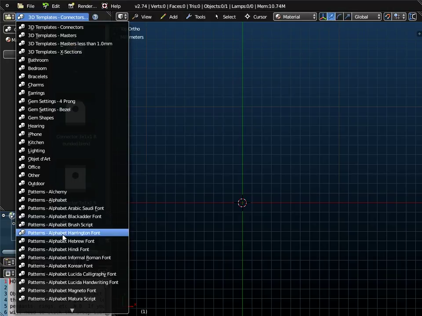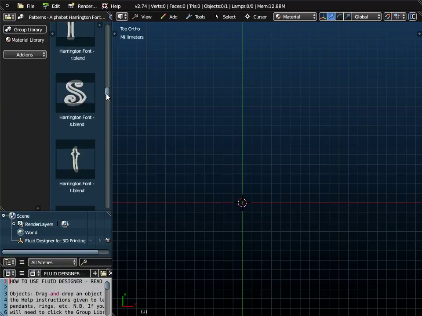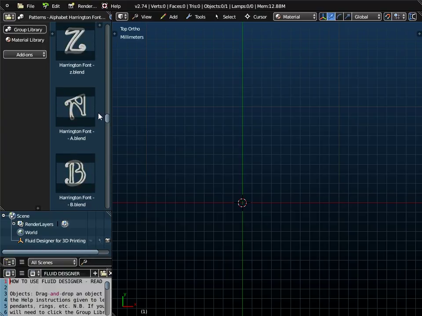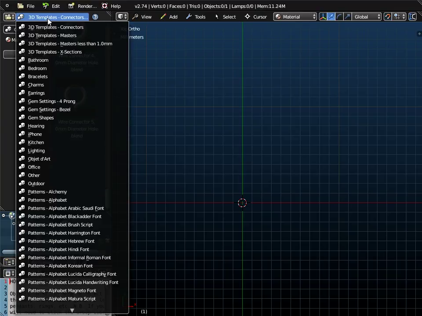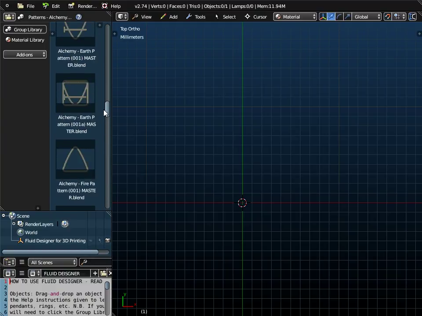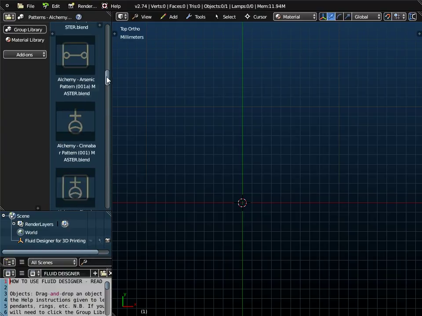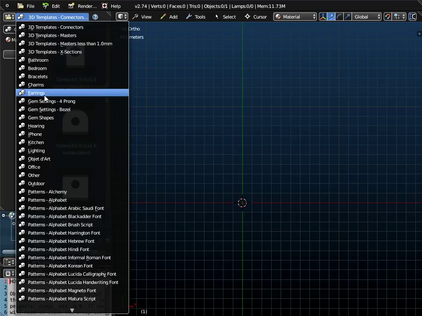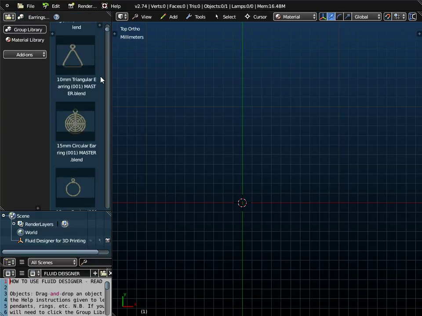So I'm going to use a Harrington font. So I'm going to use this letter A here from the Harrington fonts folder, and I'm also going to use some alchemy symbols. I'm going to use some of the patterns from here. So it's Patterns Alchemy. Because I'm making an earring, I'm going to go to the earrings folder first of all,